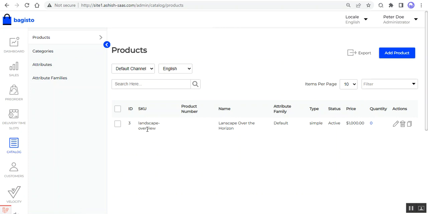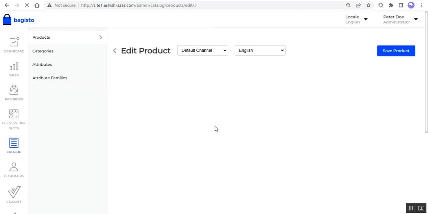So I've added the pre-order to the landscape overview. As you can see here, I've set the quantity as 0. Let me edit it up. On the product edit page,